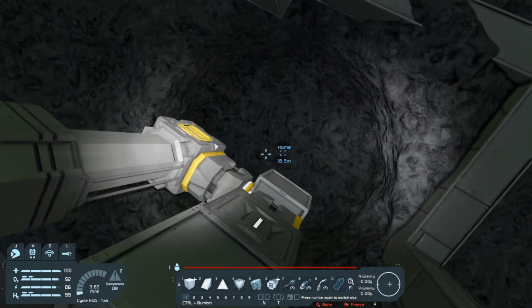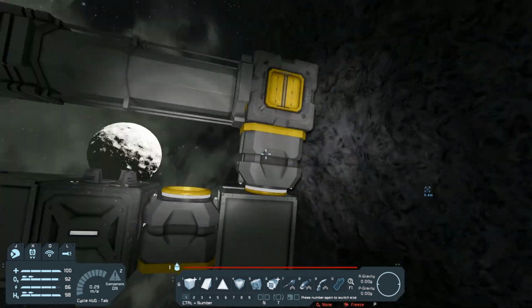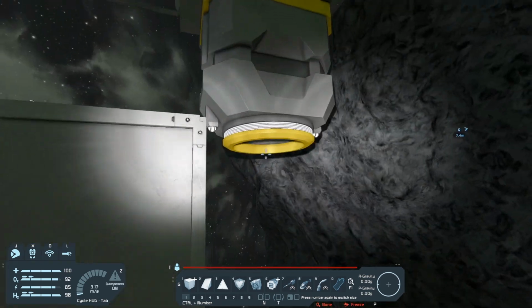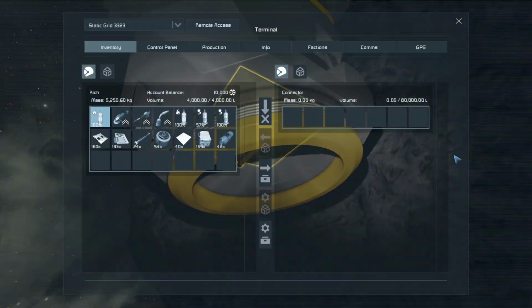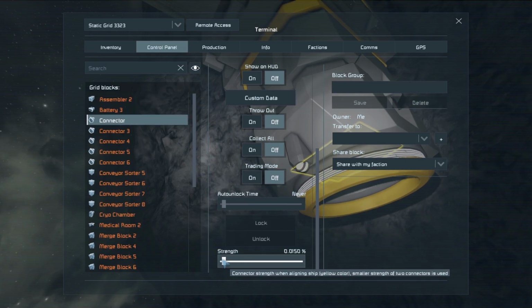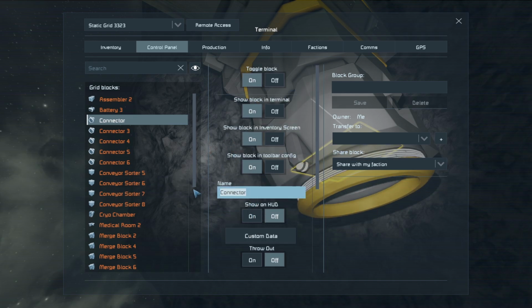I also need to go ahead and get that connector named. I need to get that merge block there named, that connector, this piston, and everything else we're going to be using here in a second. Alright, so go to control panel, go all the way down, and we're going to change the strength to disable. So now there is no magnetic pull. And then while we're at it, I'm going to go ahead and name this...